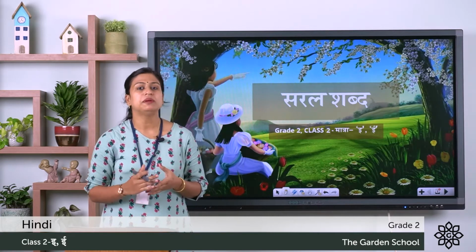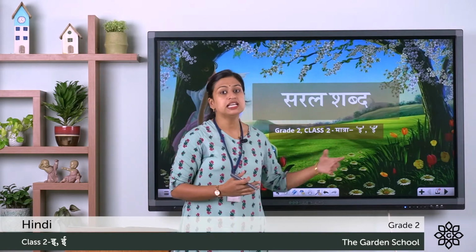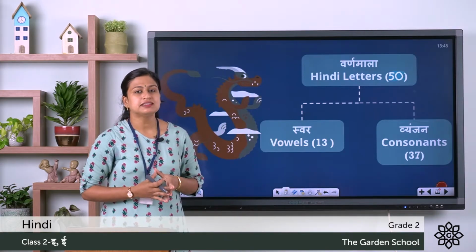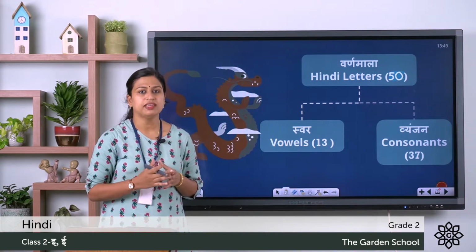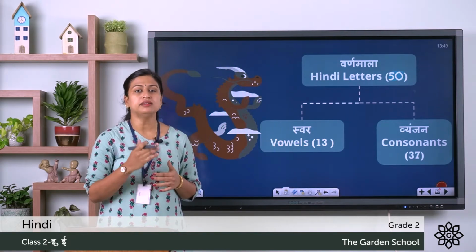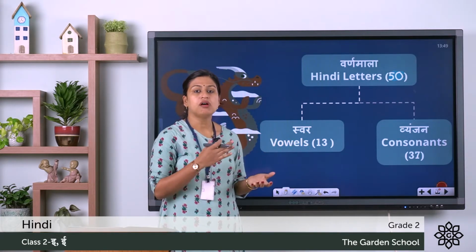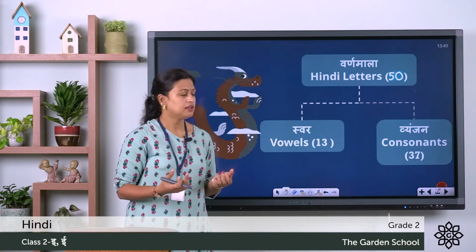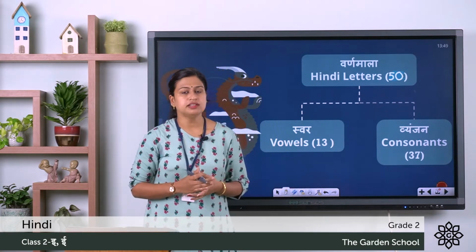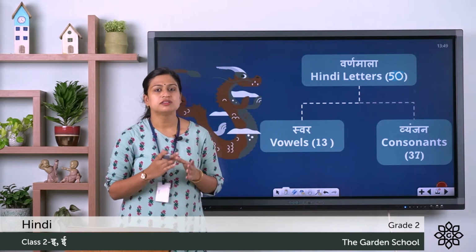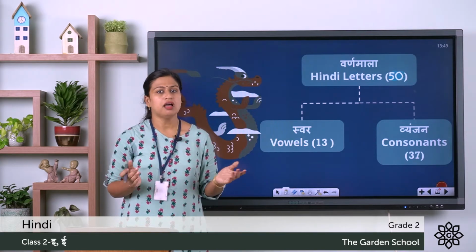And today we will be discussing the symbols for Swarakshar I and Ee. As we have already discussed, the Hindi letters are known as Varnamala. What are they known as? They are known as Varnamala. And here in Hindi letters we have vowels and consonants. In Hindi, we say Swarakshar for vowels and for consonants, we say Vyanjanakshar. Once again, Varnamala consists of Swarakshar and Vyanjanakshar.